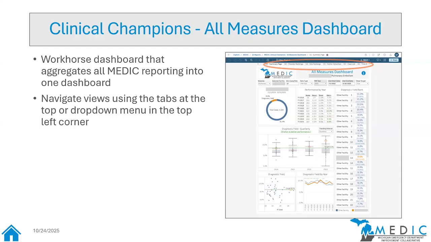And so the first thing I want to do is take everyone through navigating at the top. Each of the views on the Tableau server is going to have a bar across the top that lets you select dates and the metric of interest. If you are a clinical champion for multiple sites or have access to the data of multiple sites, there will be a drop down there that allows you to pick the sites that you are interested in and want to look at the data for. And then if you take your mouse and hover over any element on any of these dashboards, some more data will pop up. Some information about that particular data element will pop up for you.